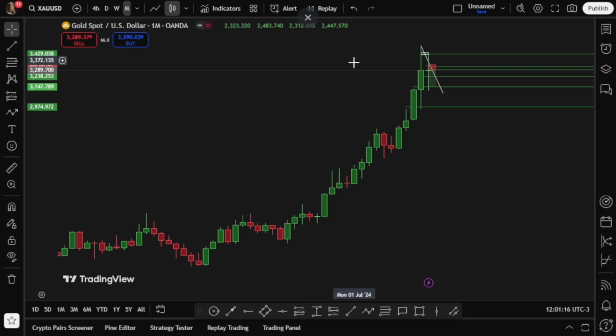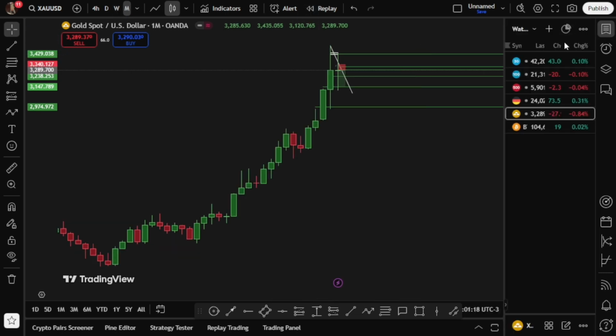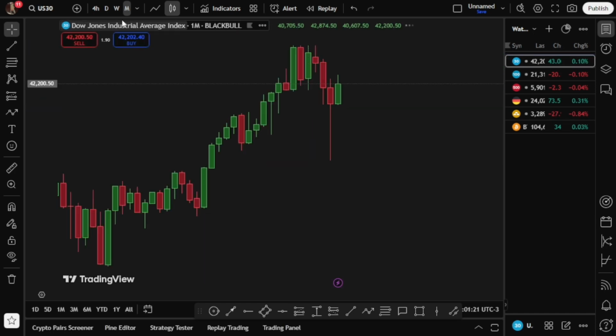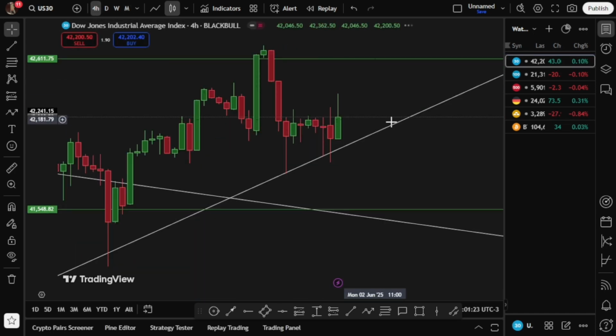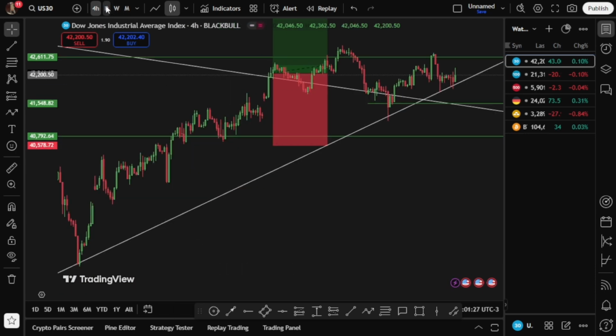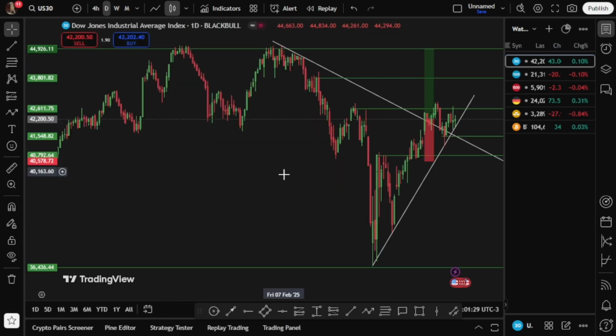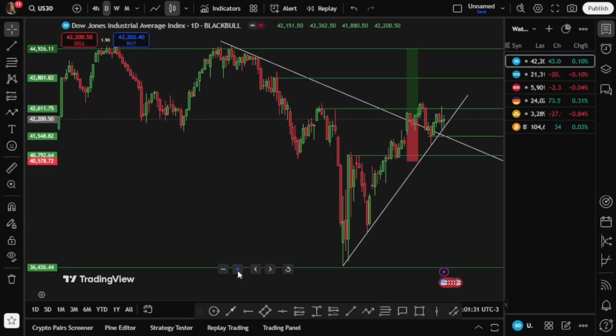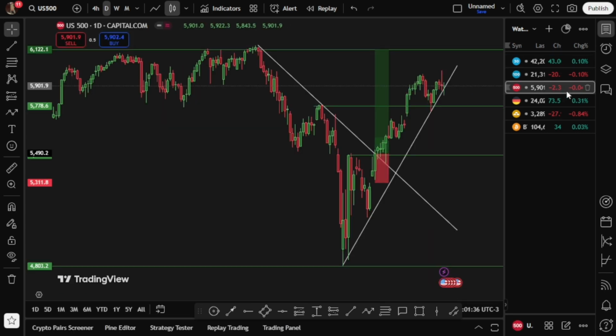So don't forget, I am very bullish on US30. Let me take it to the daily time frame. I am bullish on US30. I am also very bullish on S&P 500, which has already gone so far. That trade has gone